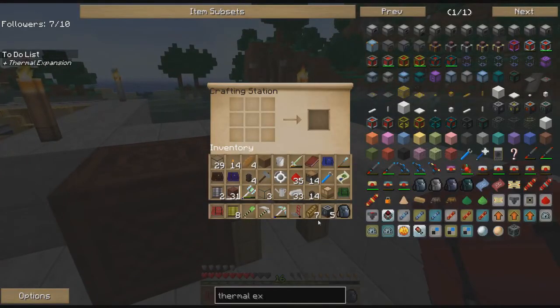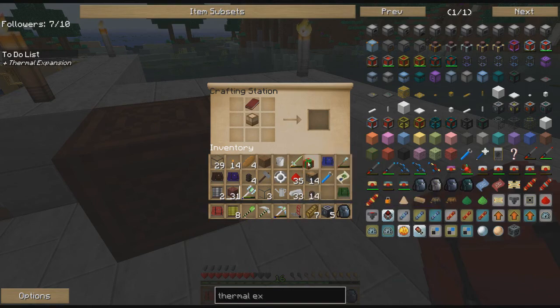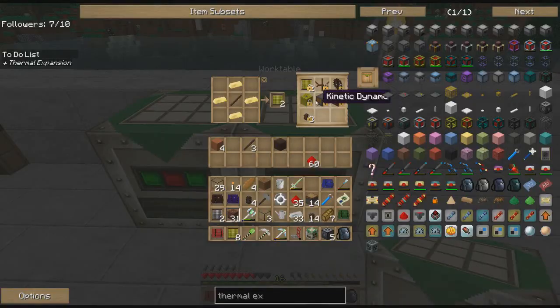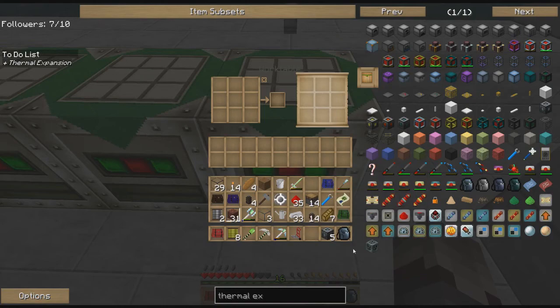We're going to come back over here right quick. Book. Crafting table. Chest. We're going to make ourselves another work table right quick. Now, if you'll remember, this one's got IC2 stuff in it. This one's got Immersive Engineering stuff in it. This one will have Thermal Expansion stuff in it. And we know we're going to need a machine frame in every one of these, but we're not ready for